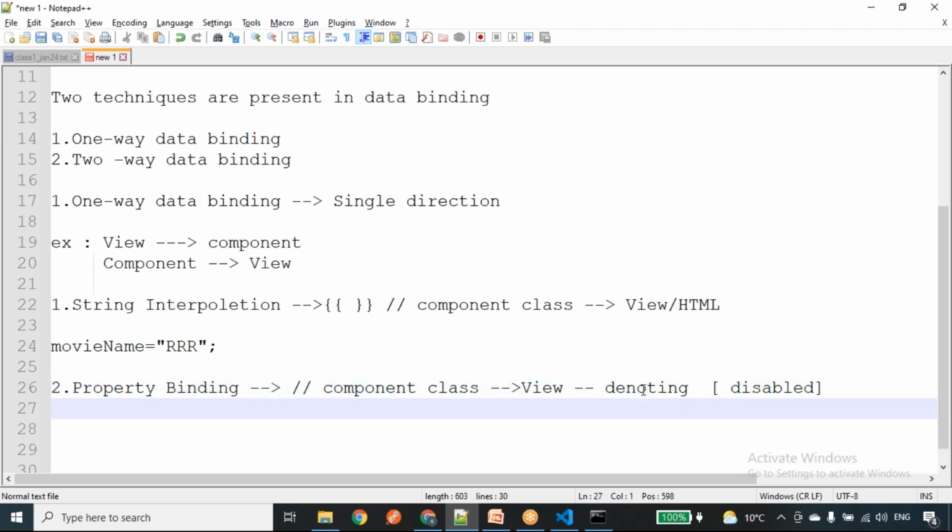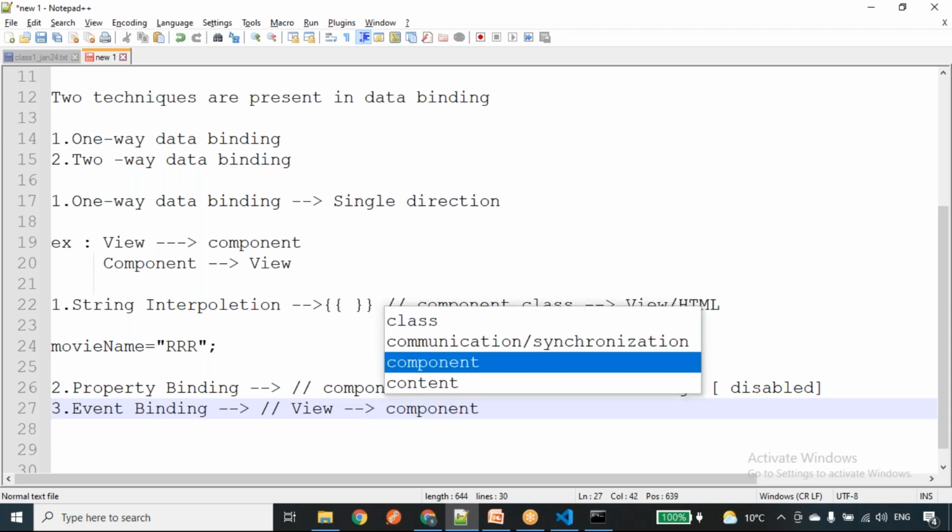Next we have one more thing, the event binding. Event binding happens from the view to the component.